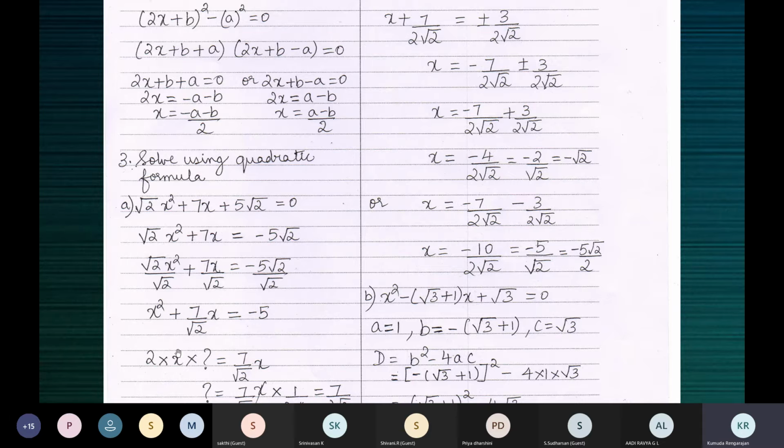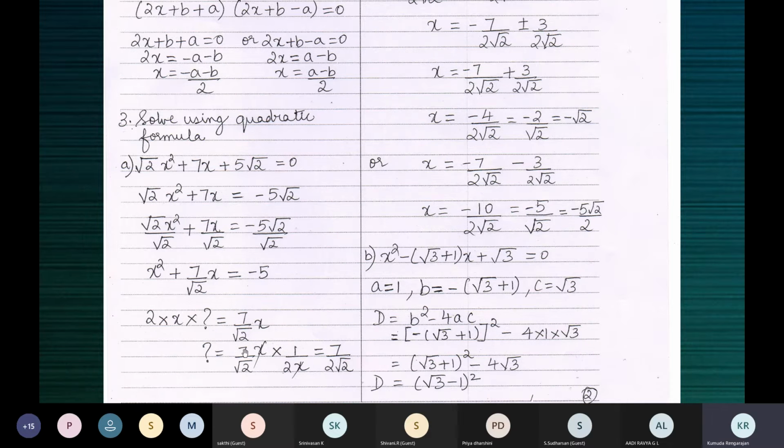So 2 into a into b, 2ab, is this term. So 2 into a we know is x. We don't know the b term. But all that is in this 2ab. 2ab has 2 in it, a in it, and b in it. So 2 into, we know a is x, we don't know b. So we're trying to find b. So that b term is 7x by root 2. This one, 2 and x on the other side will come here in the denominator. And on working that, you get 7 by 2 root 2.